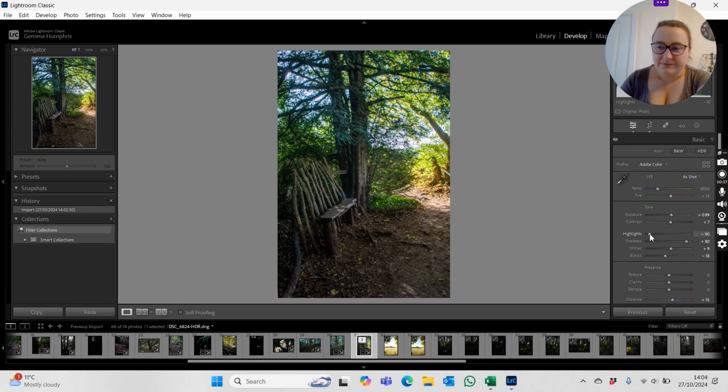Which is very helpful because that gives me much more range in the exposure. It just takes a long time. I tend to not do it too much. I think if I had a more powerful computer, it'd probably be really quick, but I don't, so I try and avoid it if I'm honest. But sometimes it works really well. So, and if I've not got any other choice,